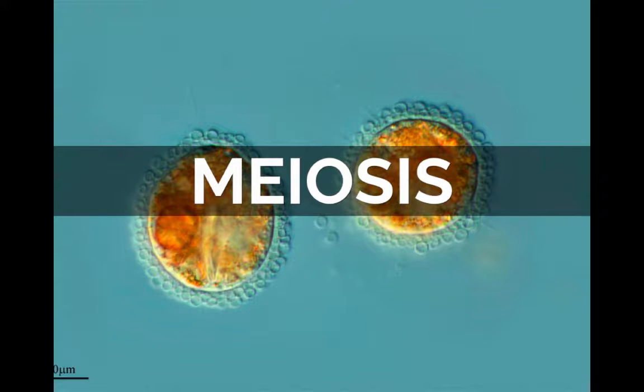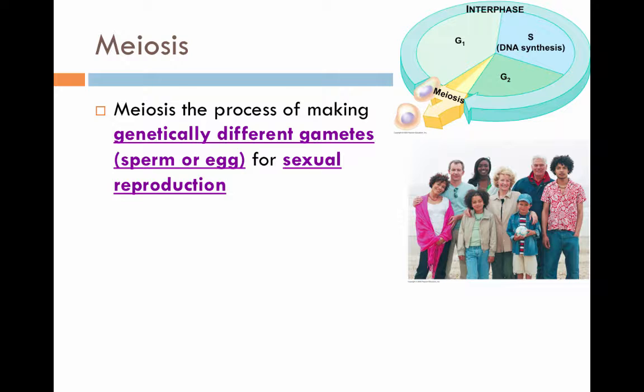This video is about meiosis and sexual reproduction. You just got finished learning about mitosis, which is a process of making genetically identical cells. Now you're going to learn a similar process, but it's called meiosis. The process of creating genetically different gametes, which are sperm and egg cells, for the process of sexual reproduction is